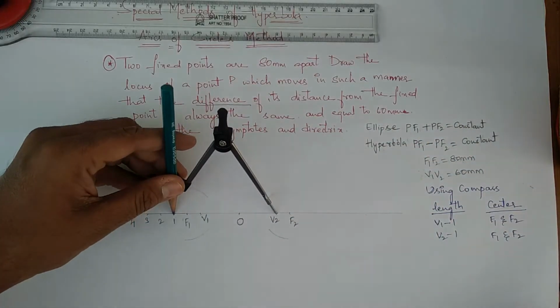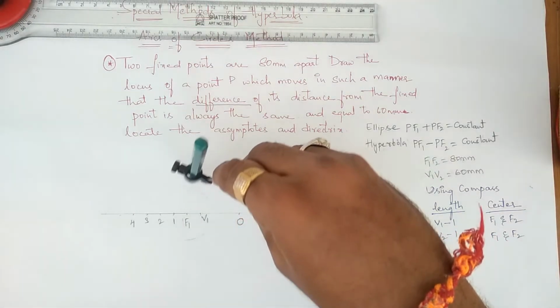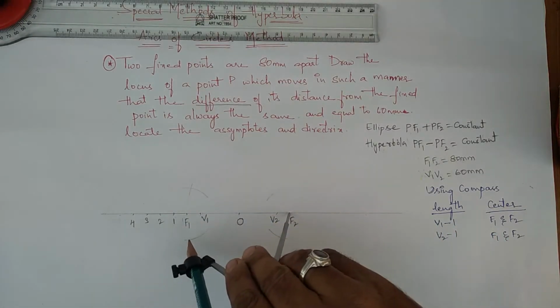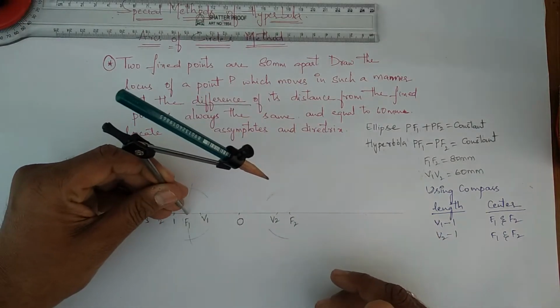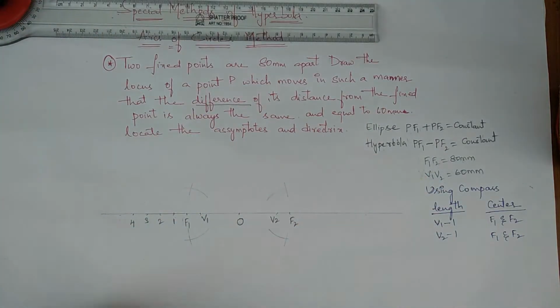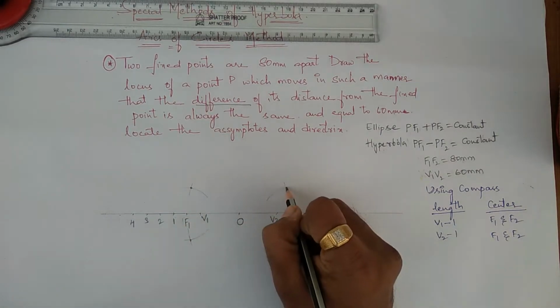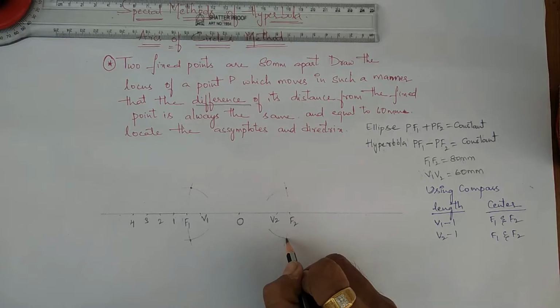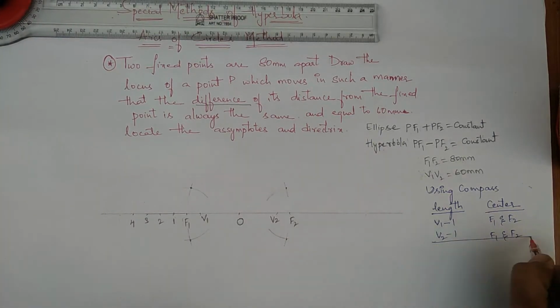Measuring the length, F2 as a center, intersect the previous arcs. Now the same, F1 as a center, intersect the previous arcs. So right now mark the corresponding points. So here I have got 1 point, here I have got 1 point, here I have got 1 point here. Similarly, in the same manner, the first corresponding point is done.